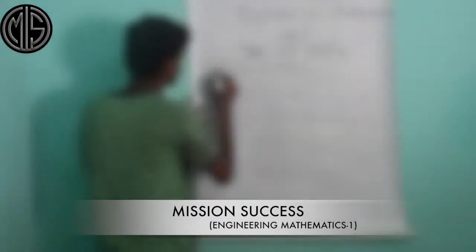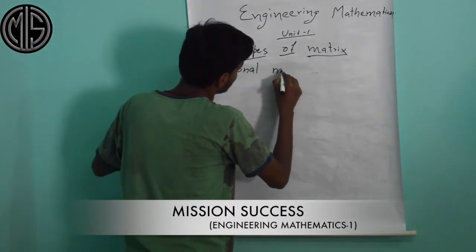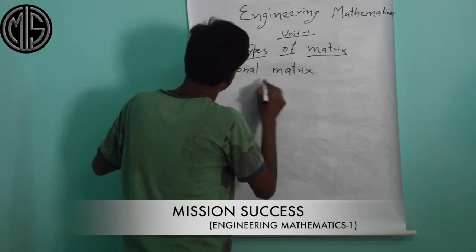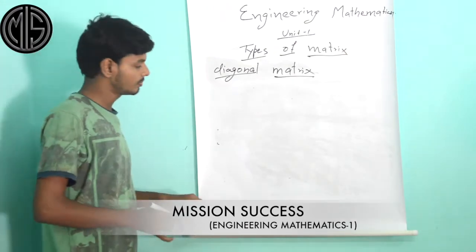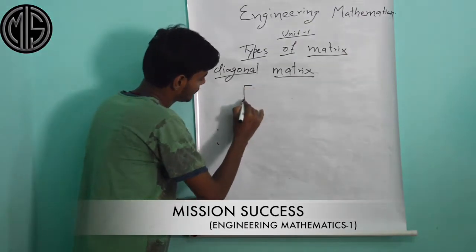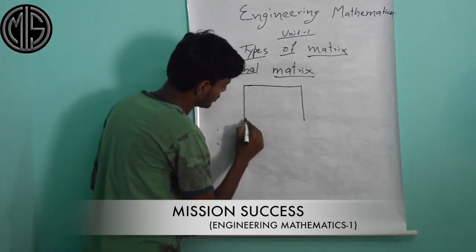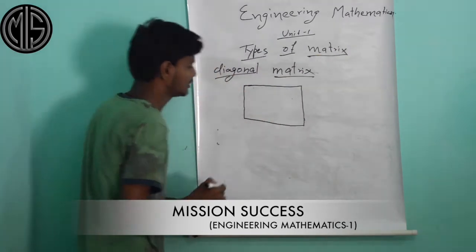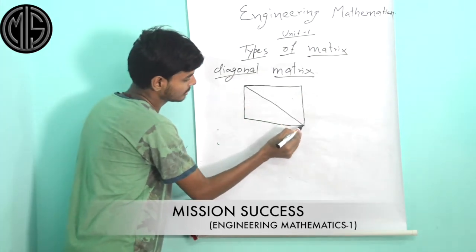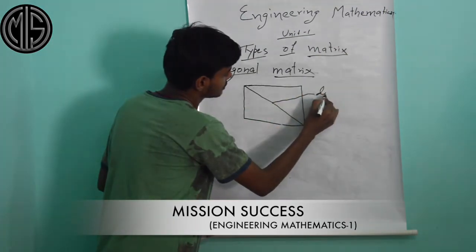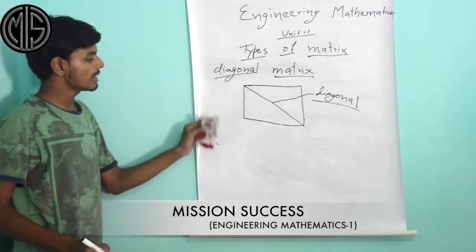Now, diagonal matrix. Diagonal matrix is also a square matrix. See, suppose this is a square, and this is called the leading diagonal. This is called the diagonal. So what is a diagonal matrix? A matrix